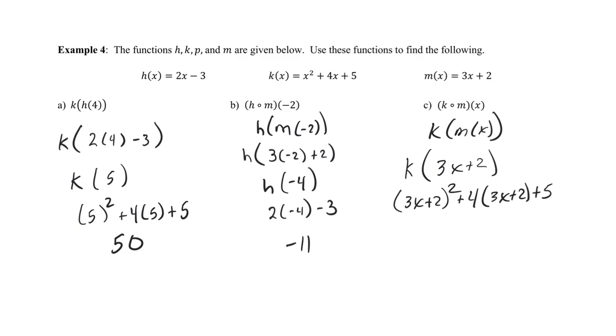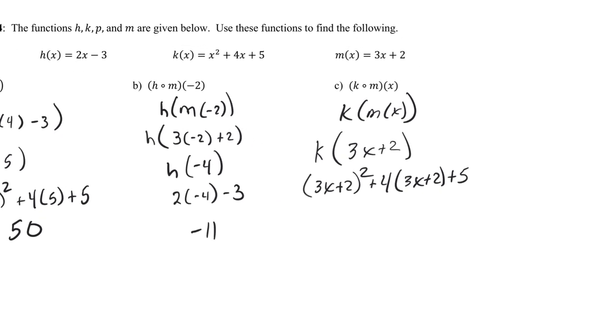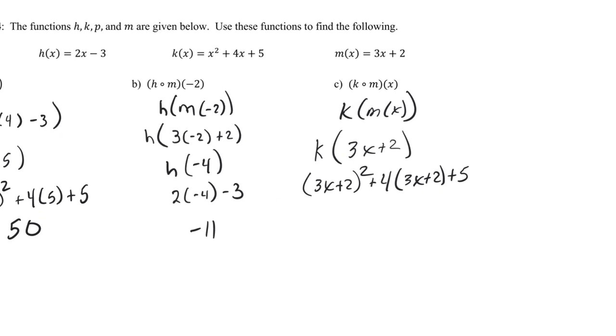All right, we're going to have to FOIL this bad boy. If you learn the rule, it's a lot easier. The way I like to do it is I like to square my first term, move over a little bit, square my second term, go back to the middle term, and multiply these two guys together. 3x times 2 gives 6x, but because we're squaring it, we get 2 of them, so that's plus 12x, and then just keep distributing,